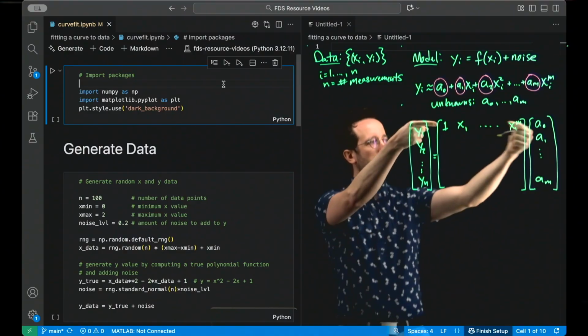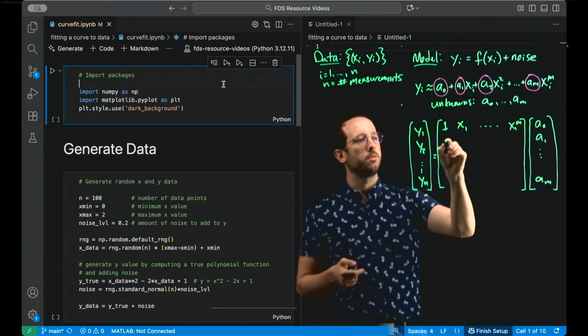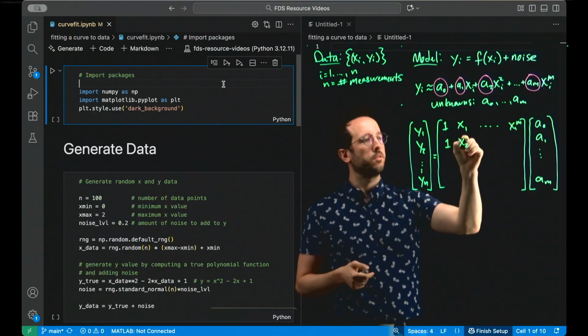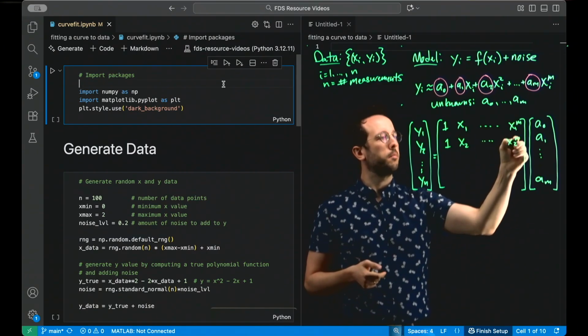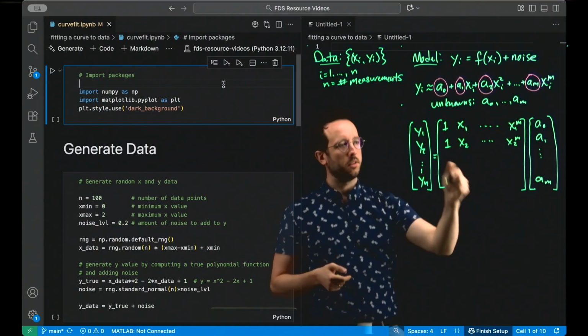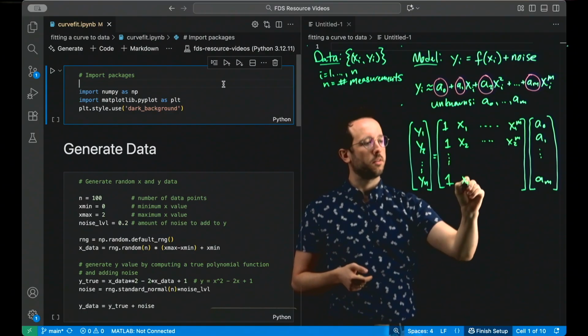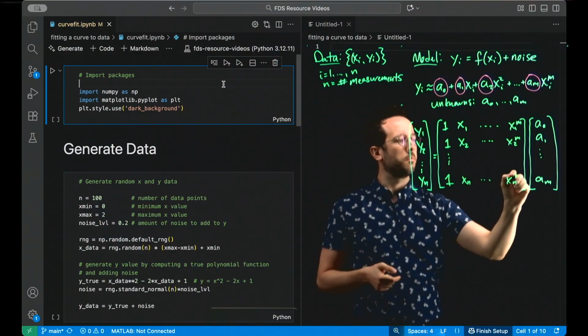Likewise, for the second row, it's the same thing, except we replace the subscript 1 with the subscript 2. We still have a 1 in the first column, then x2 to the power 1, up to x2 to the power m, and so on down the rows, 1, xn, and then xn to the power m.